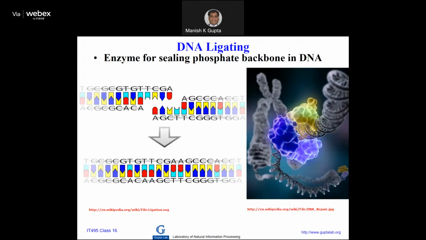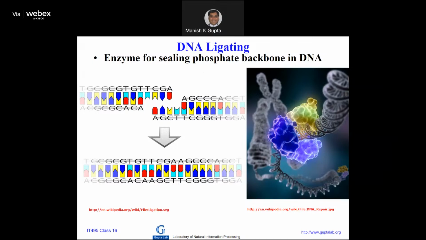DNA ligation. So what is ligation, or DNA ligating? This is again an enzyme, for sealing the phosphate backbone. So if there are two DNA strings, or double strings with certain free ends, when you attach them, a hydrogen bond is made, right? But then the top A and the A at the bottom will be free, right? To seal that phosphate backbone, the ligation technique uses an enzyme which can seal